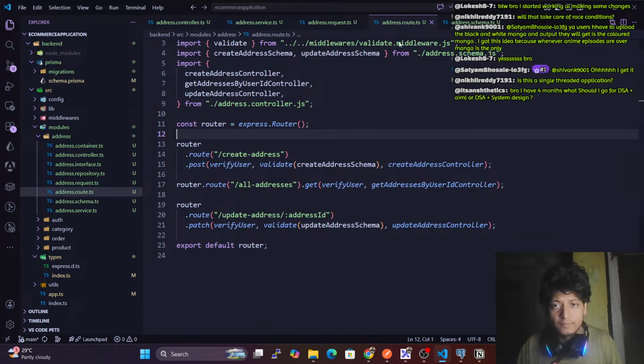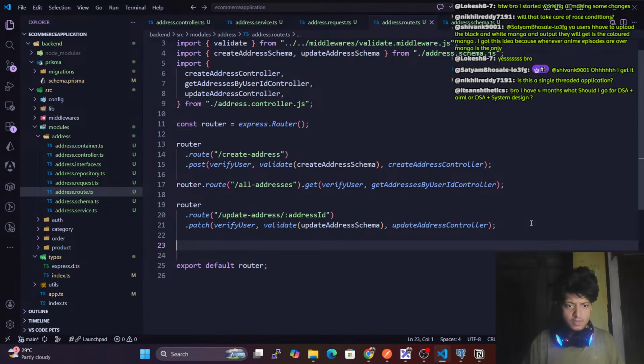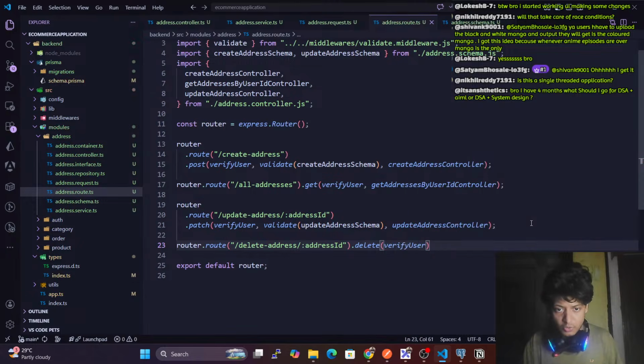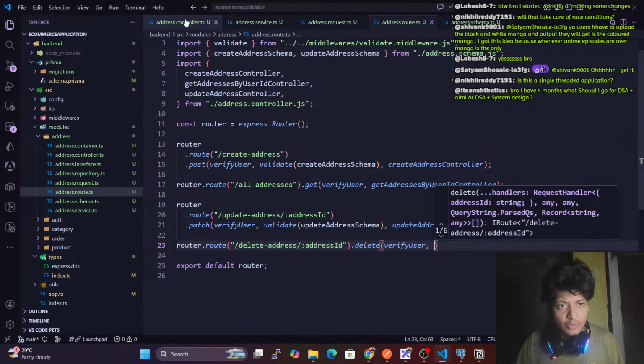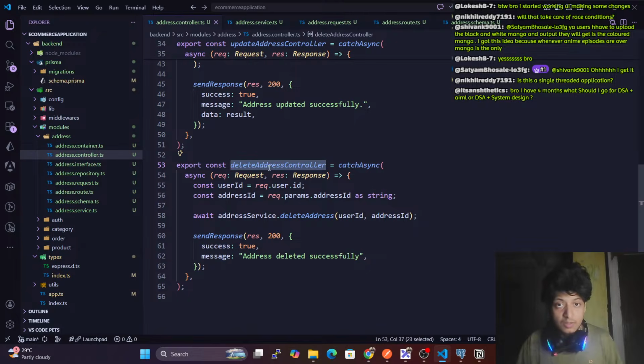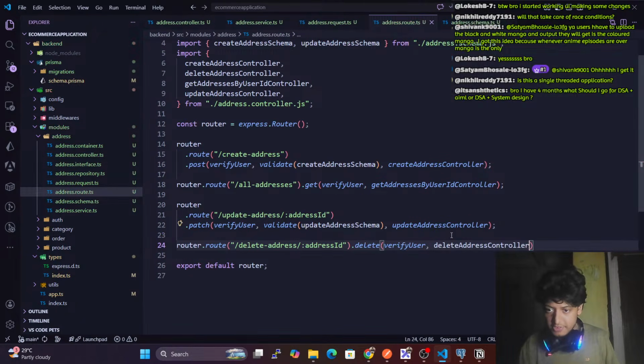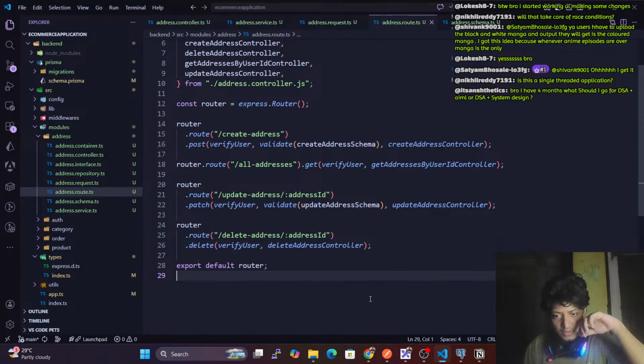Then in my route we'll go here, router dot route slash delete address slash address ID dot delete, verify user, and here we have address controller. We got this. Okay,